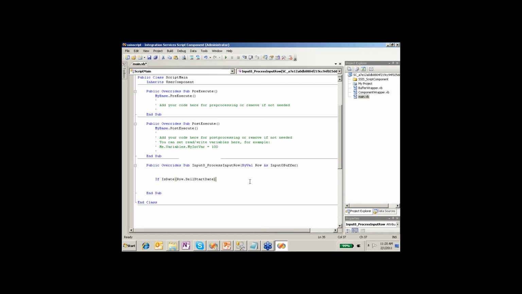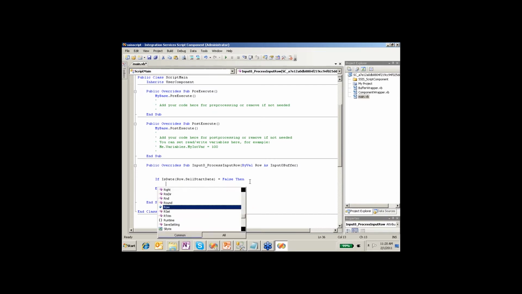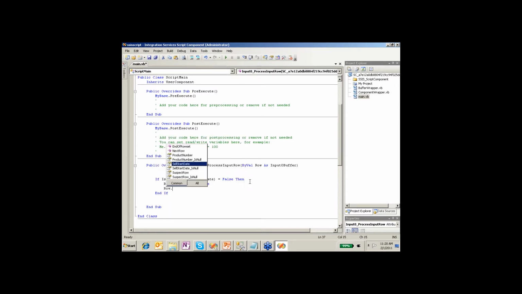So in other words, if that is a date is equal to false, so if it's not a date, then, and see IntelliSense kicked in there, I'm going to make that suspect row column, there we go, equal to true. And I'm going to make the cell start date equal to, how about I'll just put 1/1/2099, some arbitrary date like that in the future. Okay, so some simple script like that will ultimately handle, yes, we have not fixed all of our coding here,